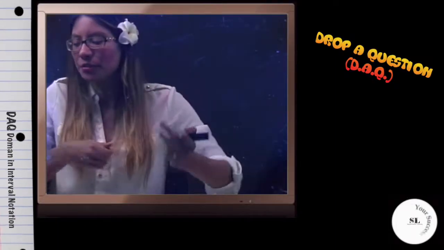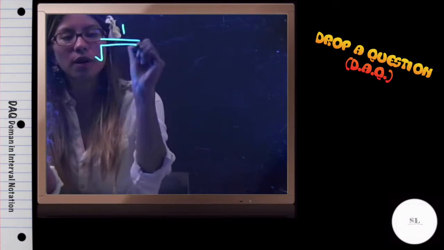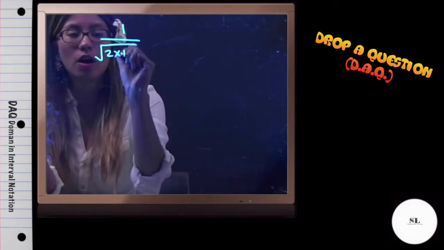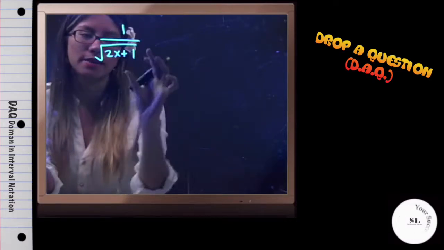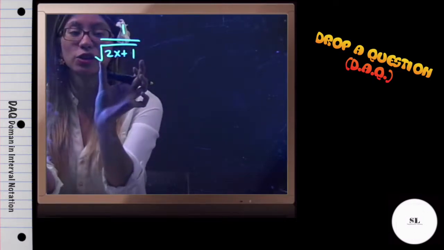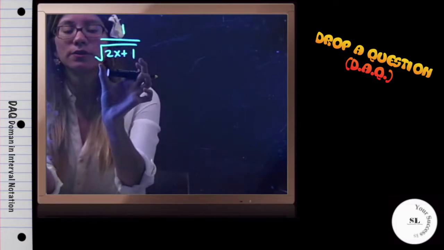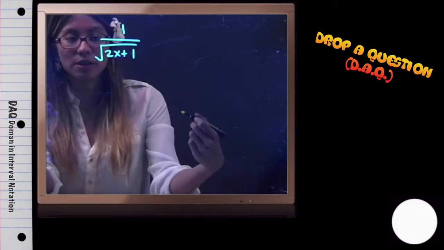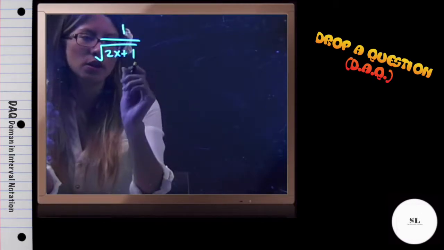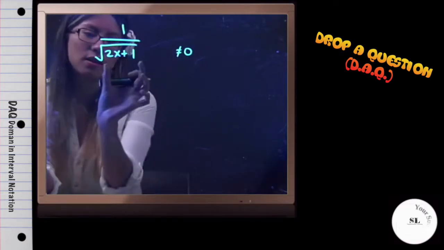For this last question, we have the expression 1 over square root of 2x plus 1, and we're also finding the domain here. Now we want to be careful because it's a fraction and it's also a square root within the fraction. So all of our concern is focused on the denominator because we know that the denominator cannot be equal to 0. So because of that, we have the not equal to 0, but then a square root will